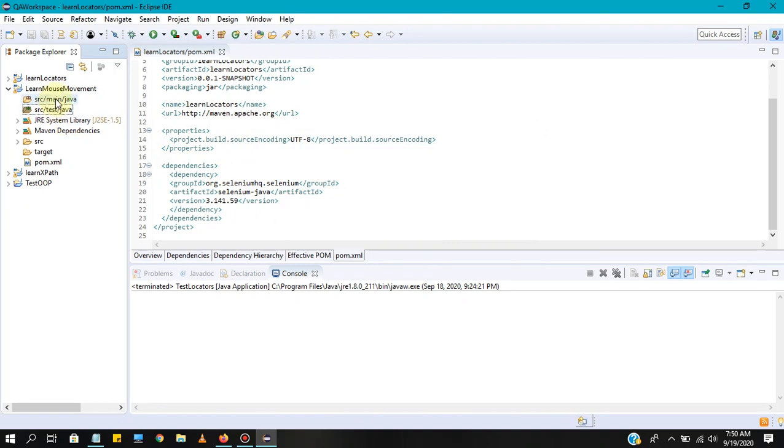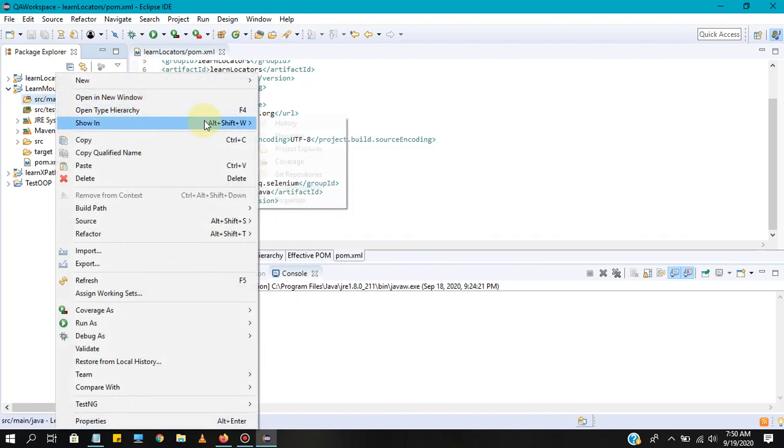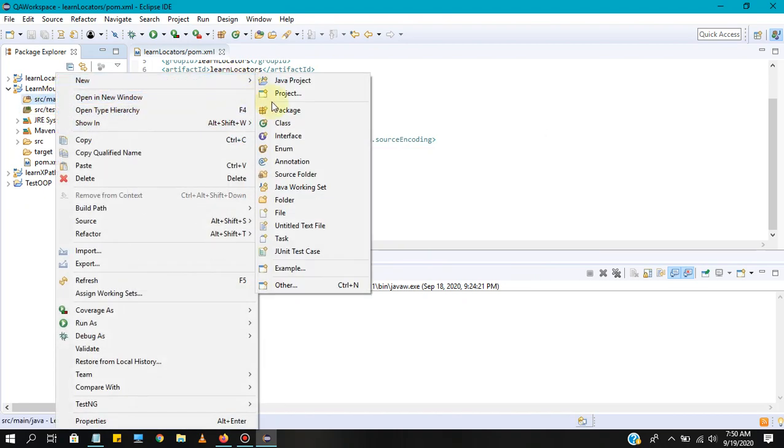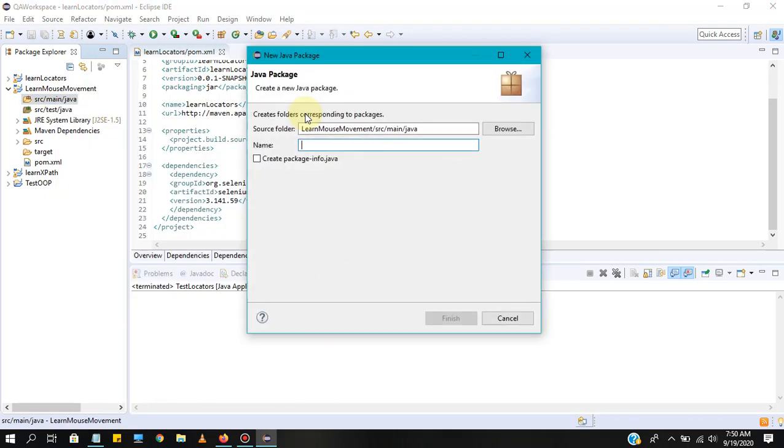So here I'm going to add one package. Just right click, go to new and click on this package and just give like com.qa.learnmousemovement, right? And just click on this Finish button.